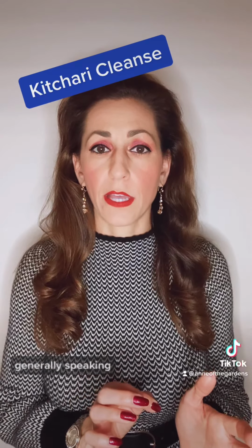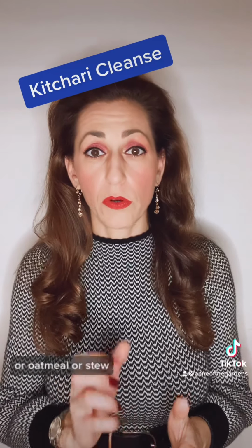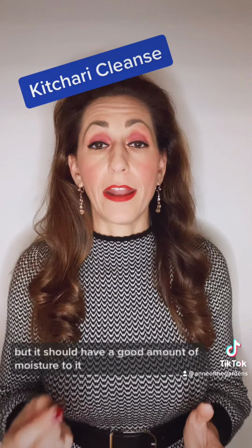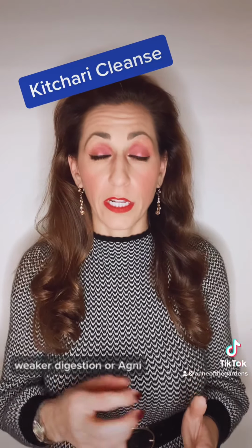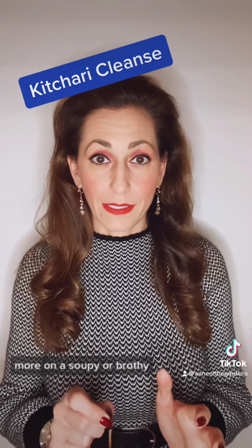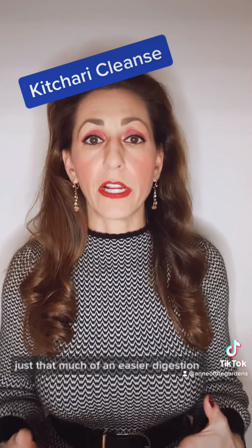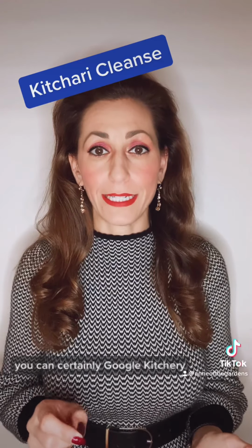Consistency wise, generally speaking, what you're going to find is that it's going to be a little bit more like porridge or oatmeal or stew, a little bit on the thicker side, but it should have a good amount of moisture to it. And if you have a little bit of a weaker digestion or Agni, internal fire, you probably want to have that more on a soupy or brothy consistency for, again, an easier digestion. But if you're interested in this, you can certainly Google kitchari. It's spelled Kitchri,